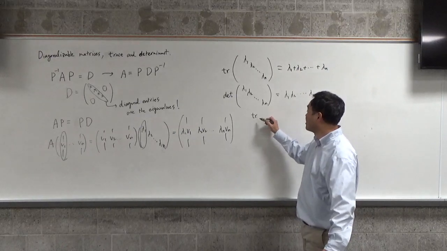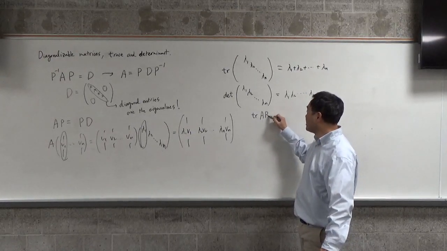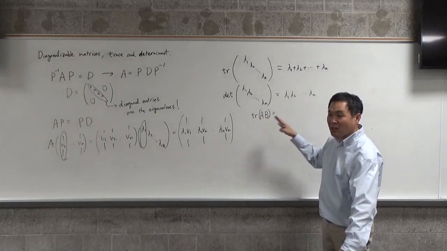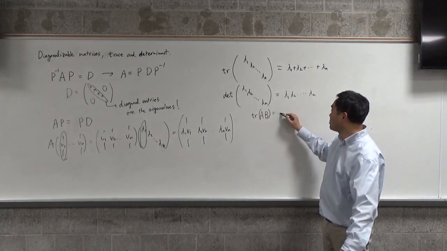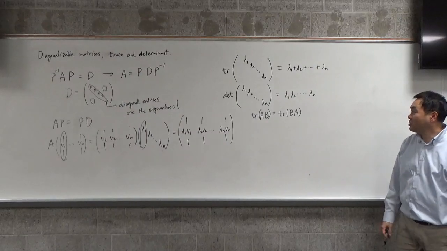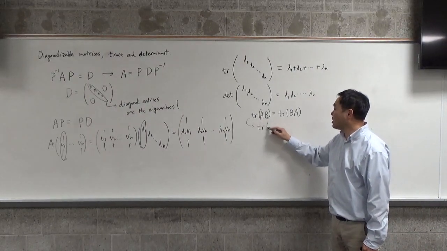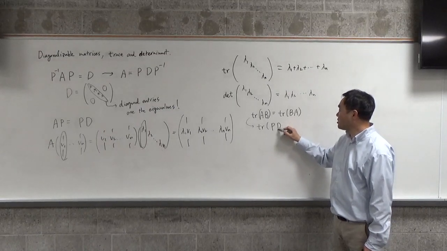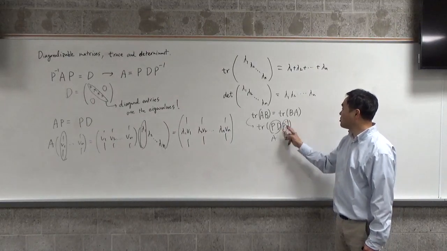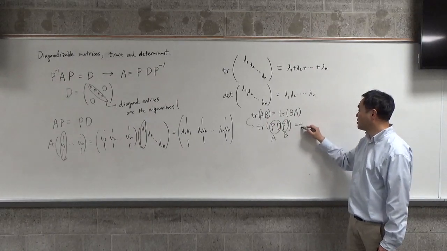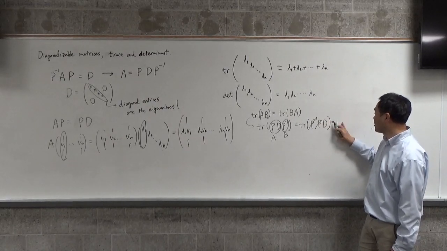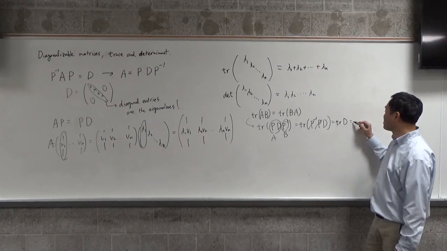So first of all, the trace of A times B, you can show, and this takes some time to actually do the proof, but if you write all the elements of A times B down and then take the trace, you see it's the same thing as the trace of B times A. And this means that if you have the trace of P times D times P inverse, you can think of this one as A and this as B. Switch their places using this property that we just showed: trace of P inverse P times D. And these two will cancel. So it's going to be the trace of D,